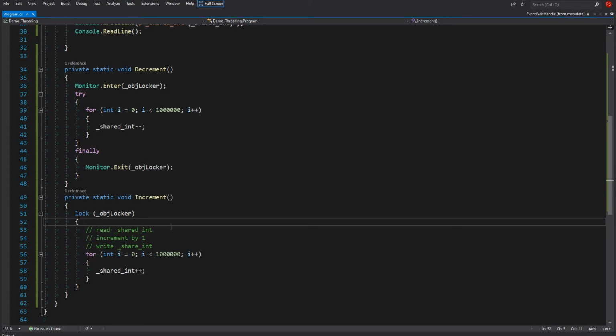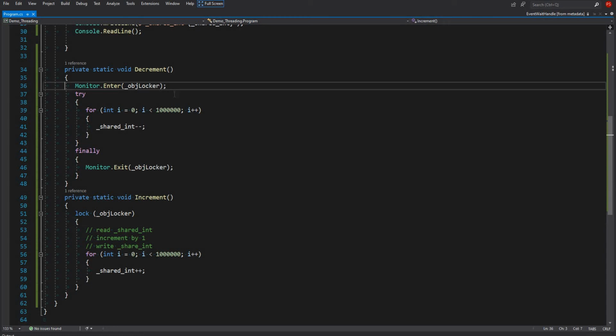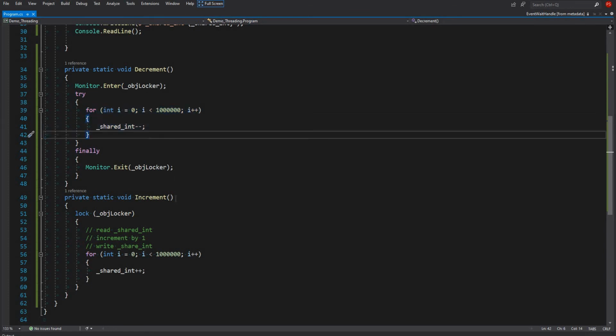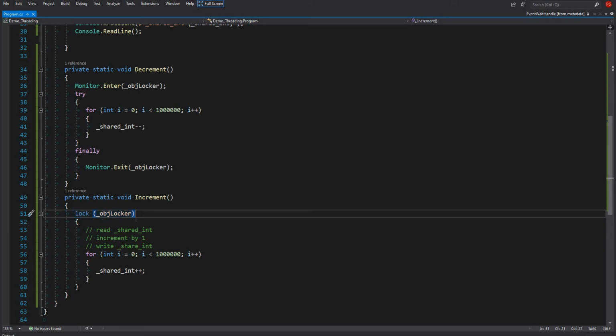For example, let's say decrement starts first, then it will check the lock and it's available. It will go and try to run this loop, and then comes the increment. Increment will again check, is this lock available, and the answer will be false, and it will be blocked here. So it has some cost associated with it.